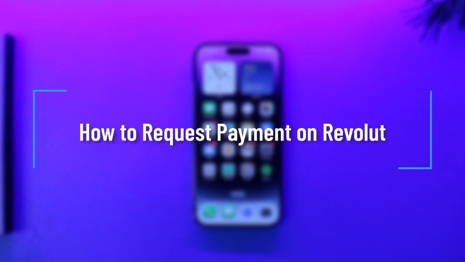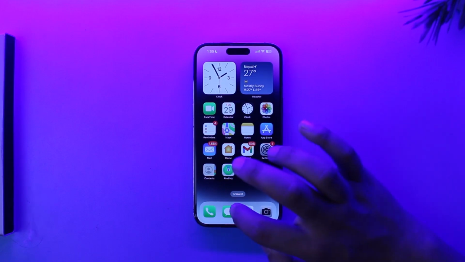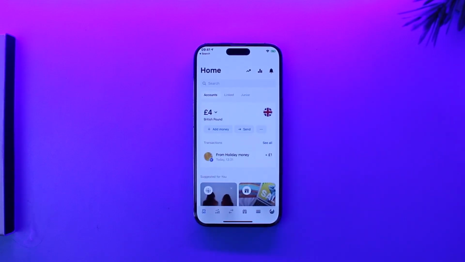How to request payments on Revolut. So basically, if you'd like to request a payment on Revolut, it is very simple to do so. All you have to do is first of all make sure to launch the Revolut application. Once you launch the Revolut app, this is the type of interface that you will be able to see. Now what you have to do is, if you would like to request money to someone or from someone, you